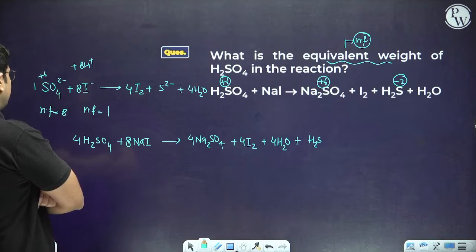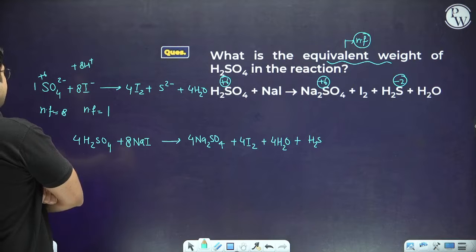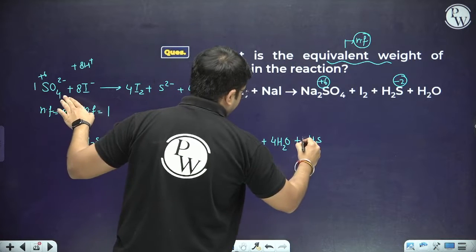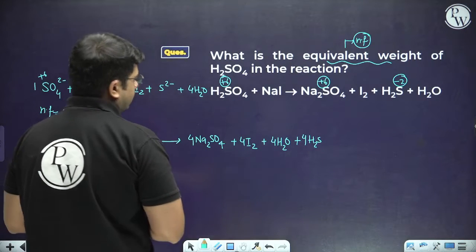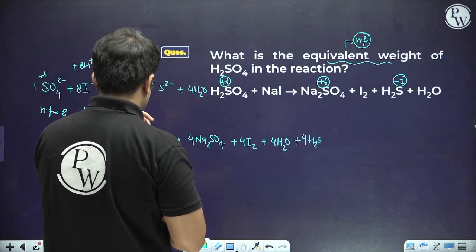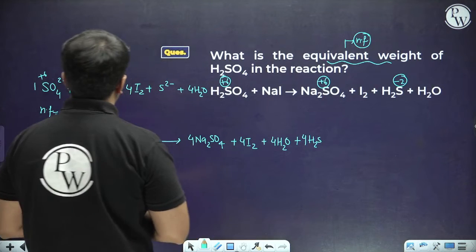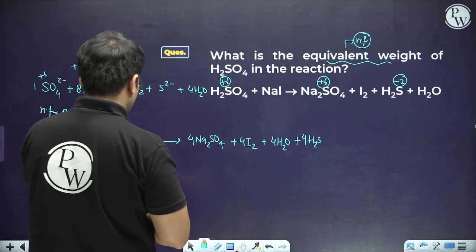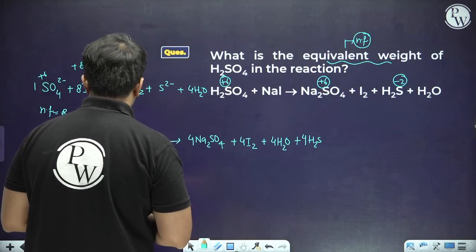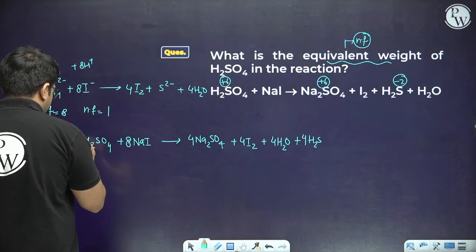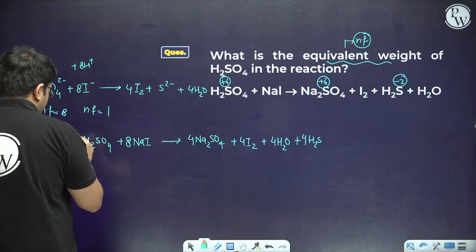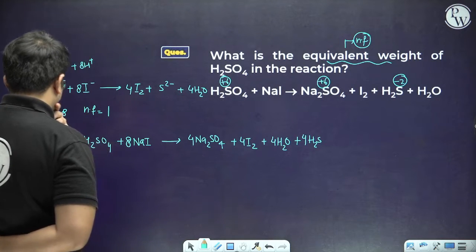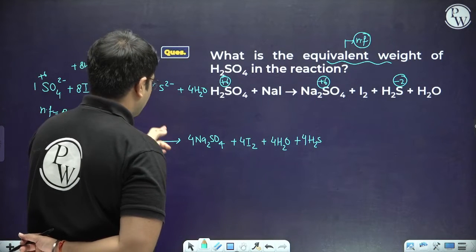So let's say if I'm multiplying it with 4, then I should multiply it with 4. So that will be 4s and 4s. Sulfur is converting, so 4 and 4s. So 4H2SO4. I can take 8H2SO4. If 8H2SO4 are there, it means you can say that will be 8 sulfur, 4 plus